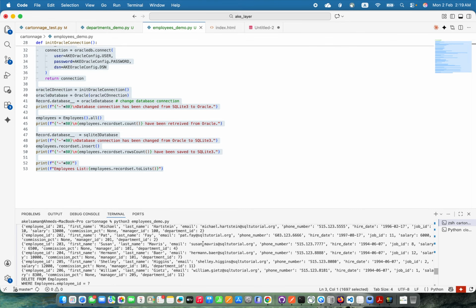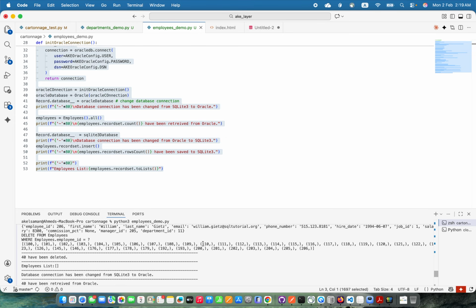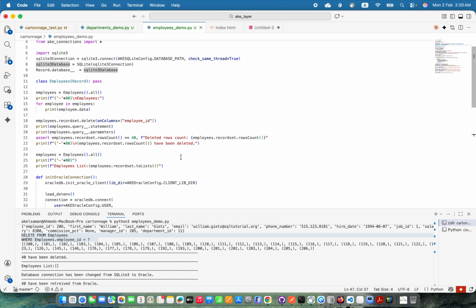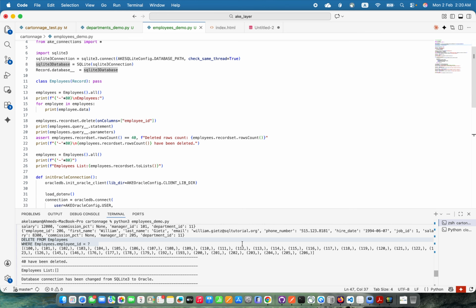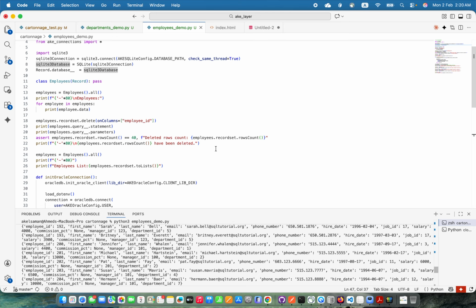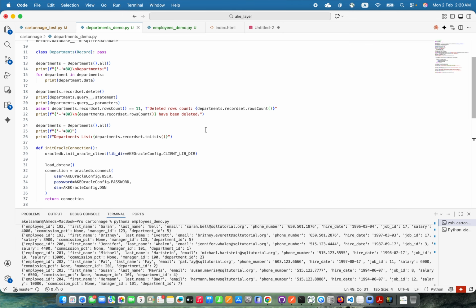You will find that at first it retrieved 40 employees, and then it deleted those employees here. Just one thing I wanted to mention, and you will also find it in the documentation: because employees have null values, null columns, I didn't tell Cartonnage to just delete like I did in the department demo, because departments haven't any nullable columns. So there I told the Cartonnage to just delete,